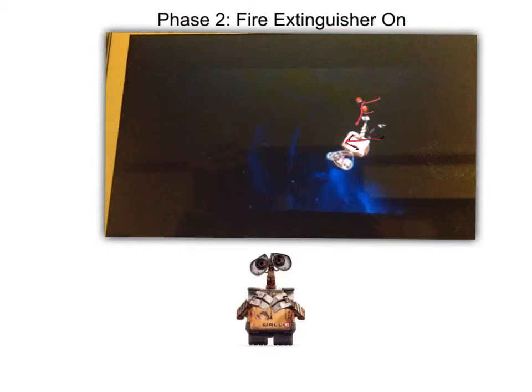Now this is where it gets a little more interesting. So we have over here a force, this is my free body diagram, the force of the fire extinguisher on WALL-E. Now because of the fact that WALL-E's moving to the right, while he's applying a force to the left, this is going to mean that in the first part he's going to be slowing down. Well, we know he's not going very fast, so then as a result, what we're going to get is he's going to be moving to the right,